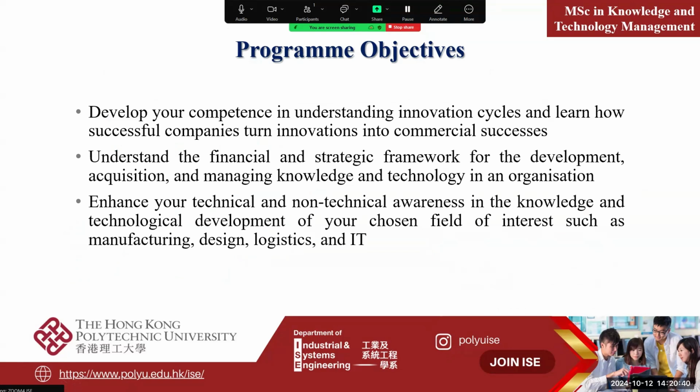What do we mean by innovation cycle? The innovation starts from innovation management. How can we motivate people to innovate? And then how can we make them generate good ideas? This is one thing. After you innovate, you make new technology. The second phase is how can you transfer and commercialize the technology to get the economic benefit? This is the second step.